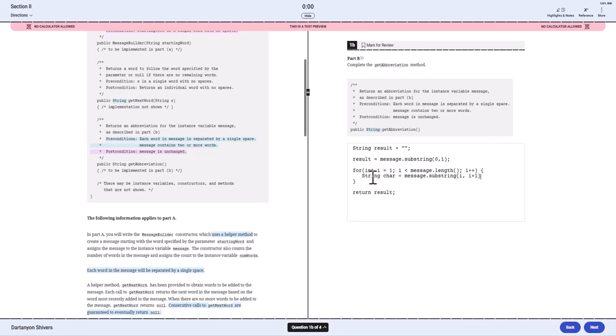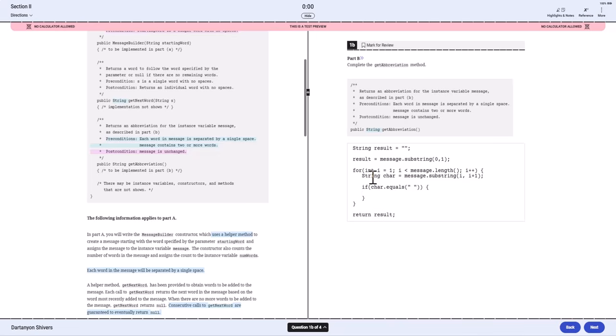So we're grabbing the character of the position that we're at. If that character is equal to a space character,